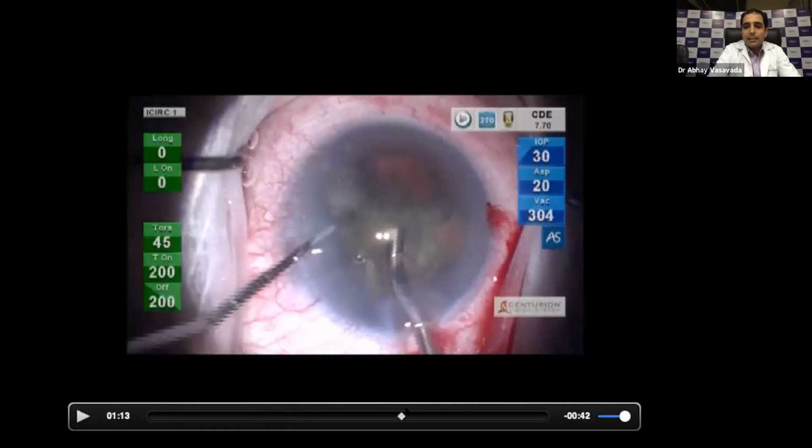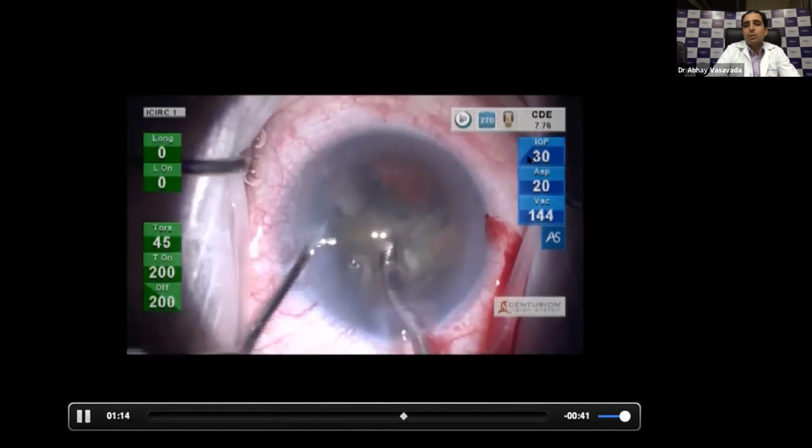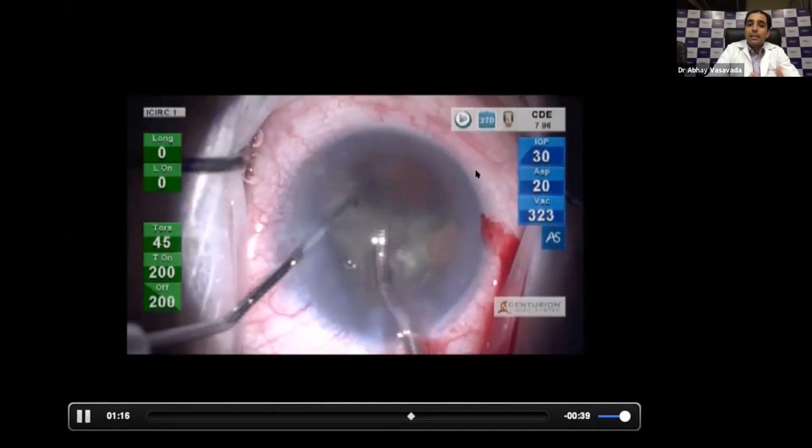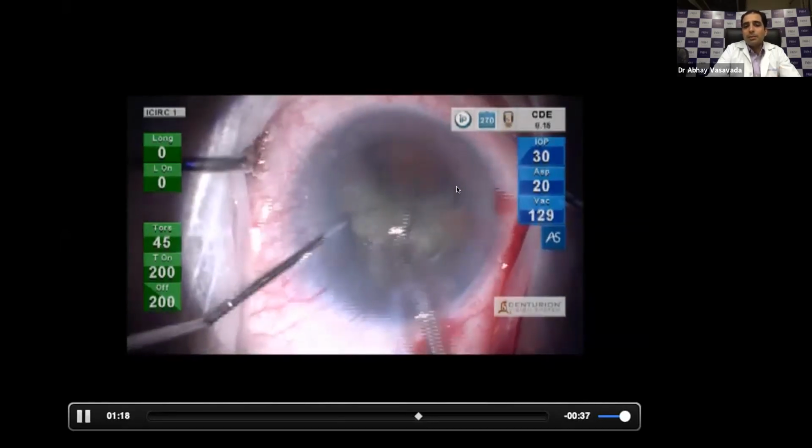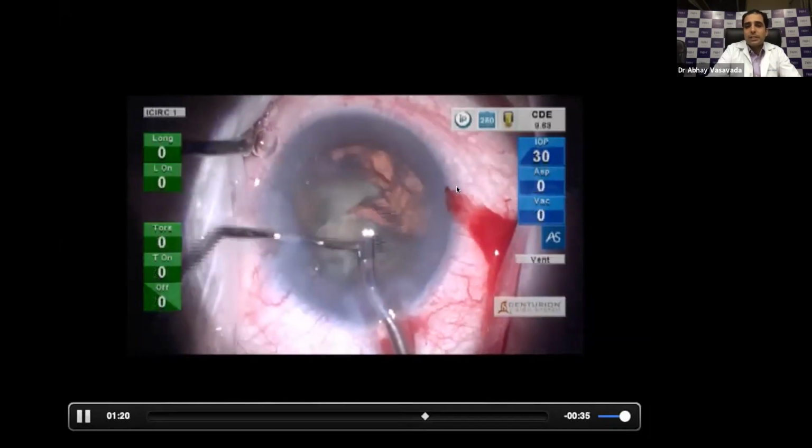And having done that, even during fragment removal, although there will be more fluid that may be required as we are aspirating more, you can still work with a very low intraocular pressure or bottle height. 30 IOP is equivalent to about 40-45 centimeters of bottle height. In a high myope particularly, I think this is very important that you work at lower parameters or lower bottle heights. You'll still be able to not only maintain the chamber, irrespective of the machine that you have,